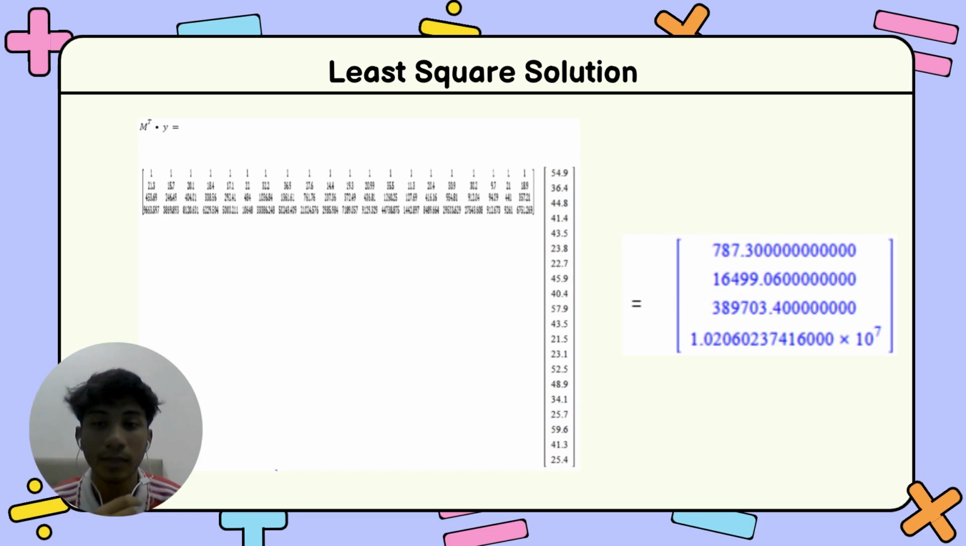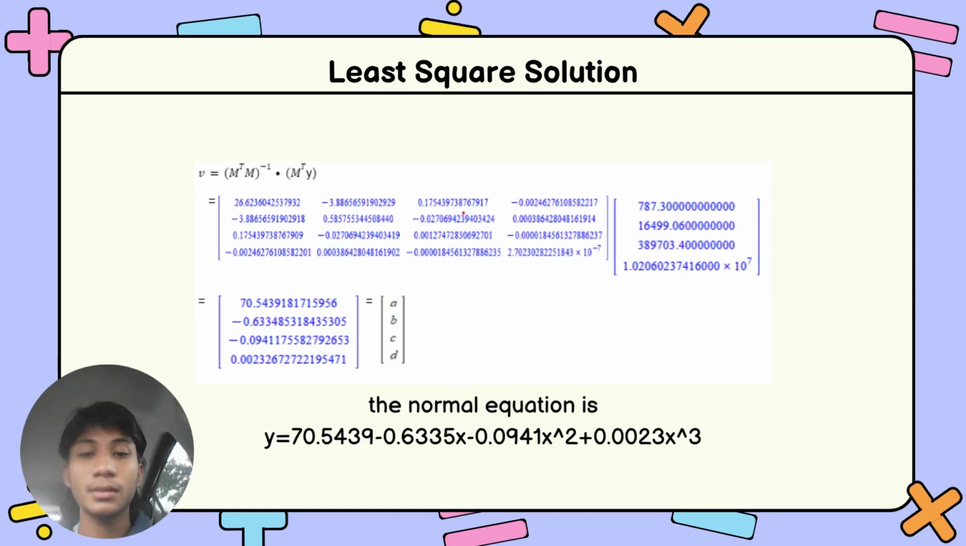Next, we need to find the matrix of M transpose times Y. After we generate it, we will get the 4 by 1 matrix of M transpose Y. To find the normal equation, we need to find the values of A, B, C, and D by multiplying the matrix of M transpose M inverse and M transpose Y, and we will get the values of A, B, C, and D. Next, we substitute them into the normal equation, and we get y equals